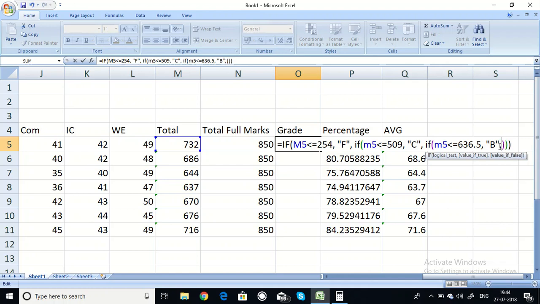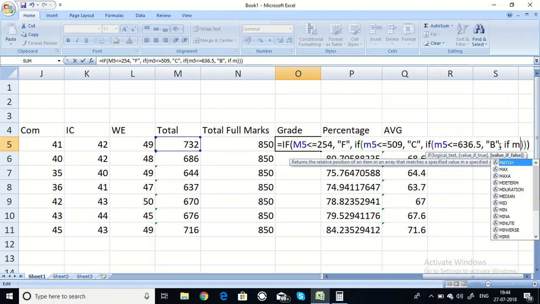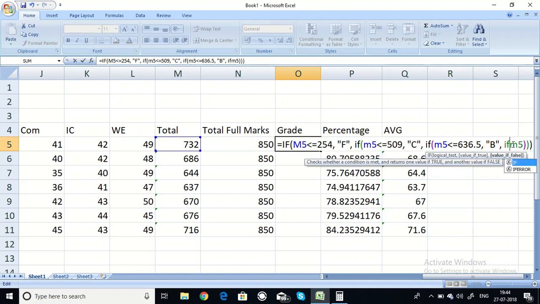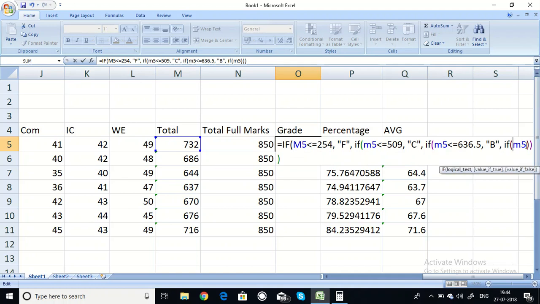Then again we have to put one comma. Again we will write, if it is M5, just wait a minute. I forgot to put the brackets there, bracket, and another bracket will be here. So how many brackets? One. Yes, it is okay. Now M5, if it is less than or equal to,